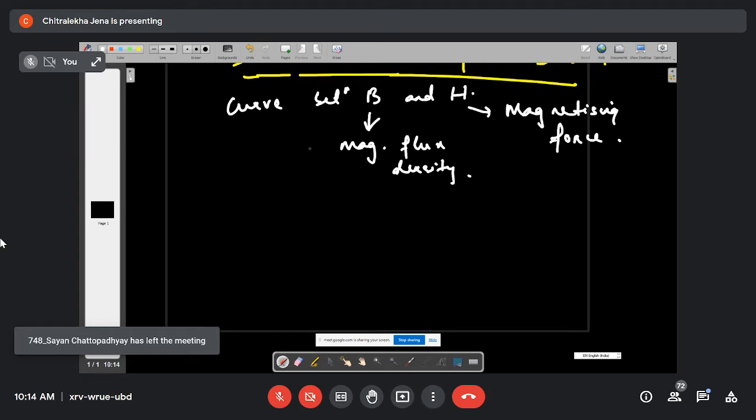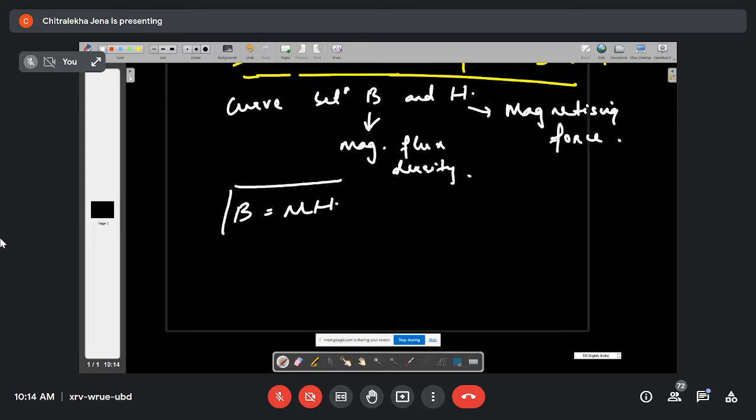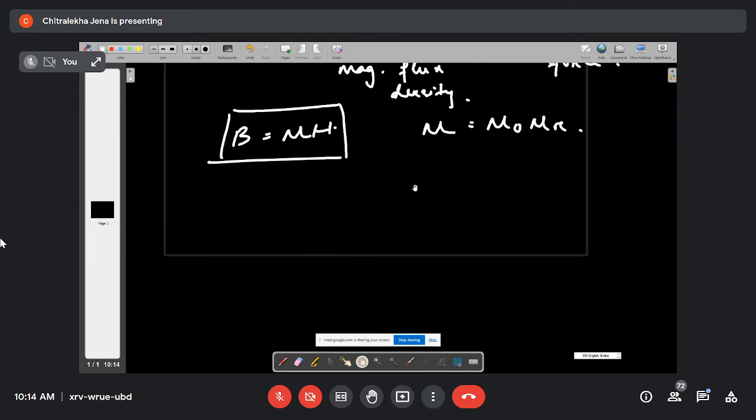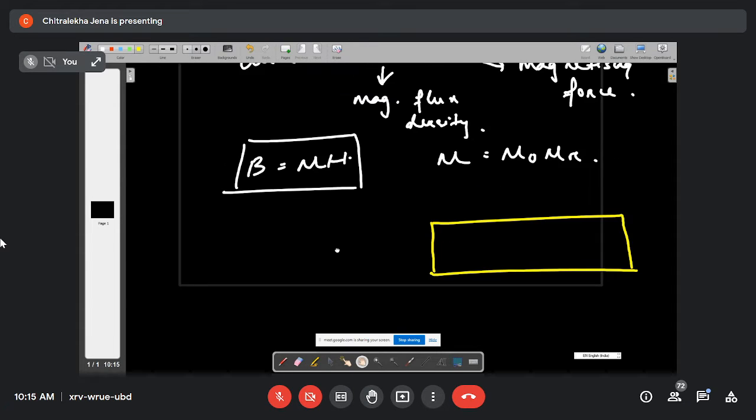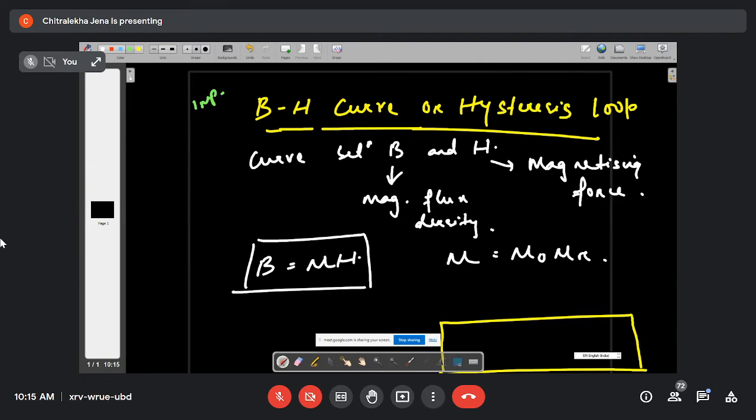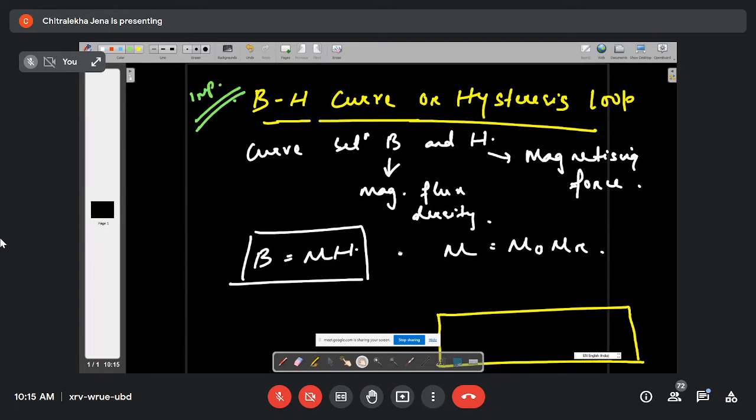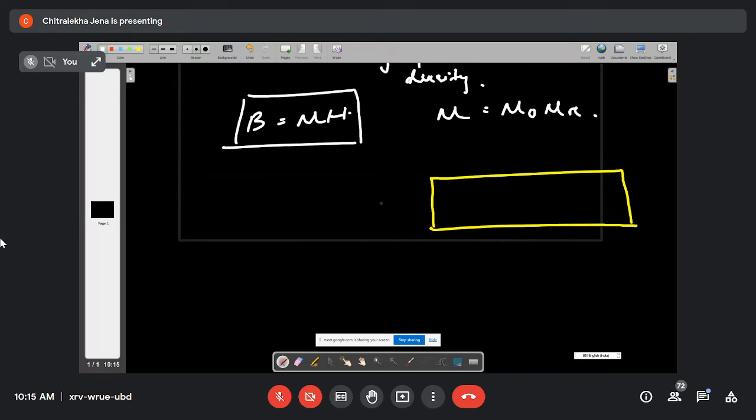B equals mu H. B is equal to mu into H, where mu is the permeability and its formula is mu 0 into mu R. Now here I want to tell you that when a magnetic material, suppose I am taking a magnetic material, listen to me carefully. This is very important, you will get it as a long question. See, when a magnetic material is subjected to one cycle of magnetization,